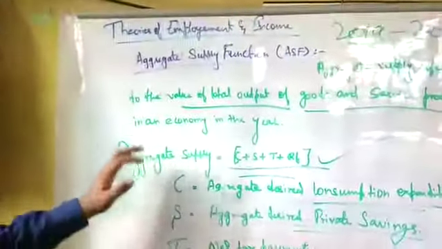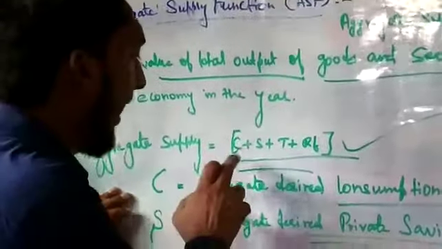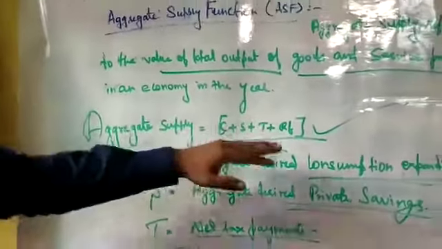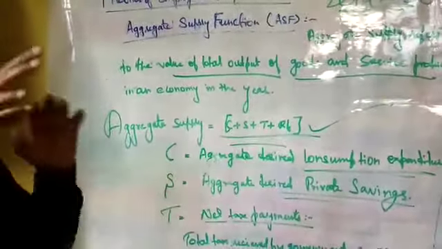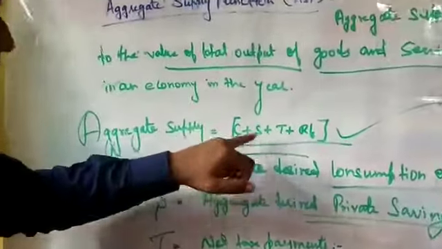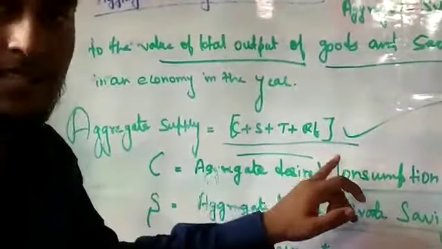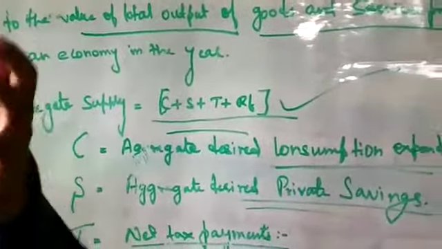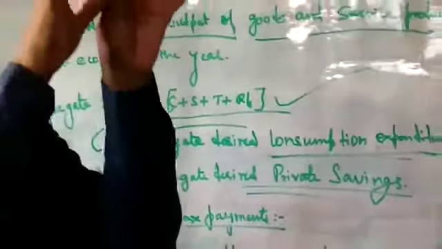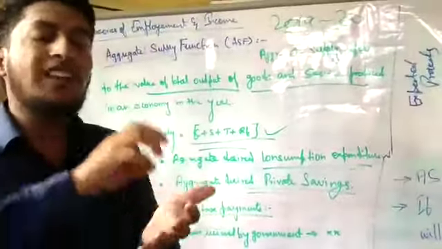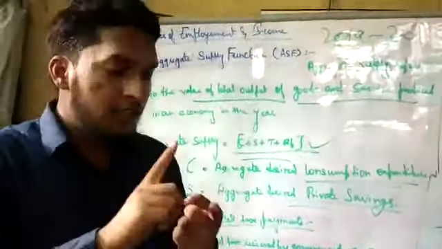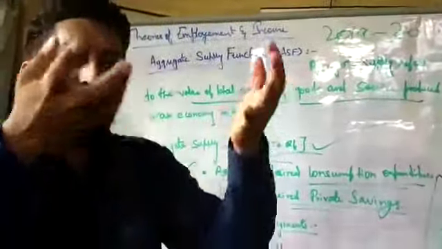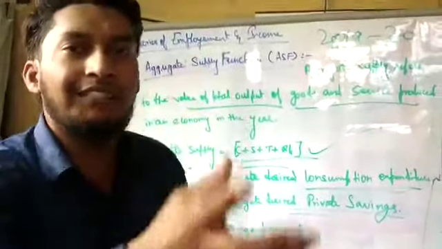This aggregate supply function is given by C plus S plus T plus RF. With the help of this mathematical formula, you can identify the aggregate supply. C means aggregate desired consumption expenditure. In an industry, what kind of consumption expenditure has been done? For eating, for meeting personal expenses, professional expenses, and other aspects,